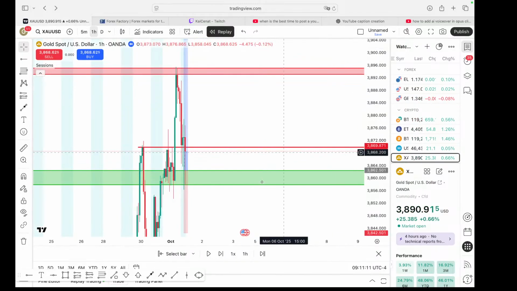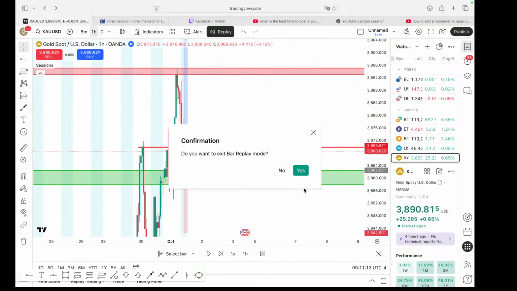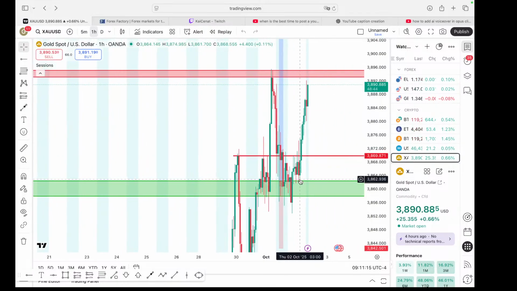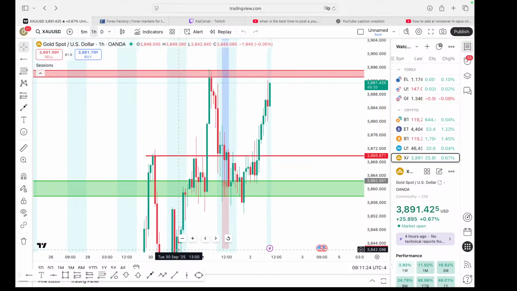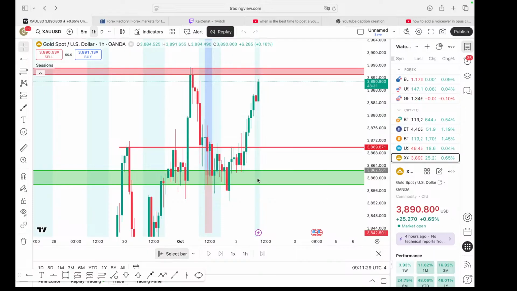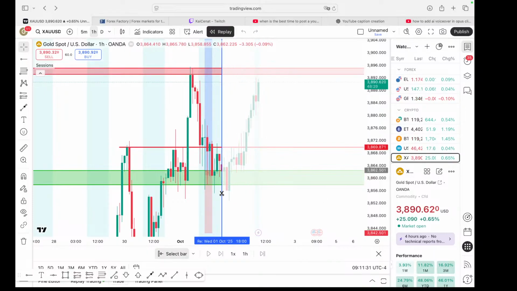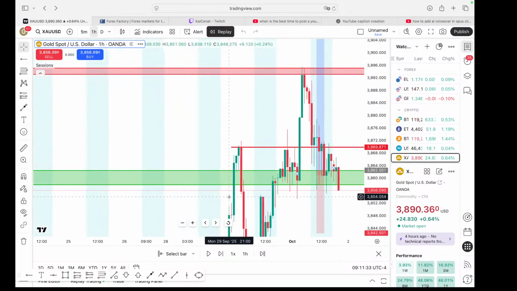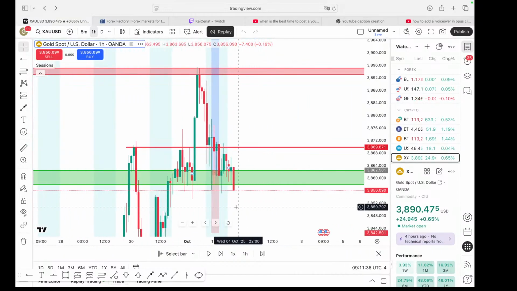Here we go. All right, so boom. And now we could fast forward to today and see if I got knocked out of my trade. As you can see, my trade still would be good. I'm not going to lie to you guys, I got out of my trade because I got a little nervous, and I'm going to show you why. So this is what I saw yesterday that kind of spooked me, and this is totally my fault. At this time, around 10 a.m. or whatever like that.